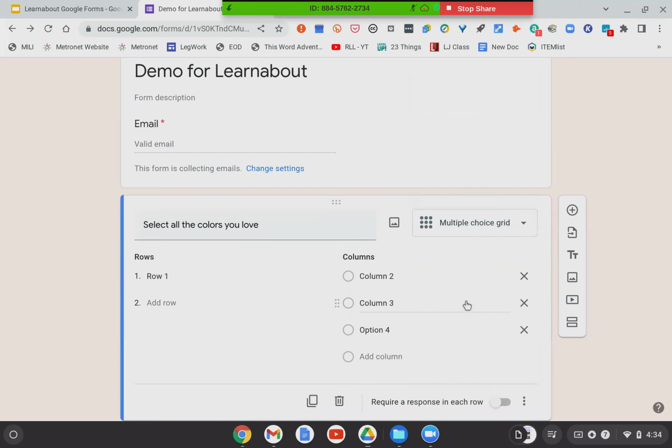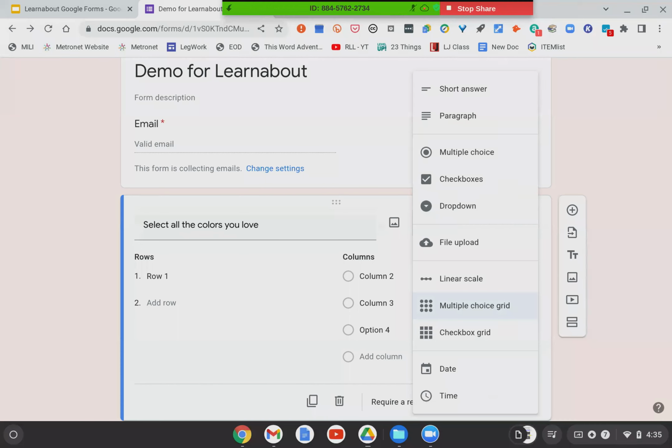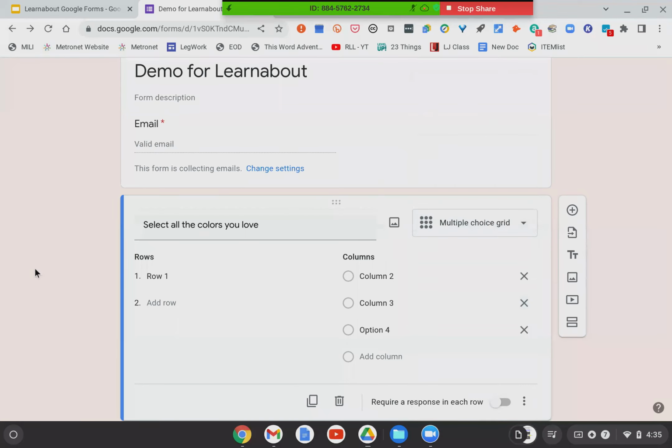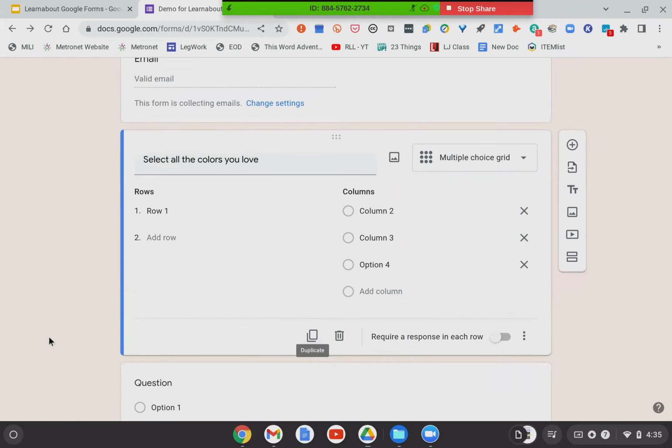Multiple choice grid. So if you want them to select from multiple rows or columns, I mean, you all know what a grid looks like. You can do that. So you can make these more complicated than it appears just by looking at it. There is a lot of complexity that is built in, but they come at it in a very straightforward manner. It gives you the ability to create these fairly simply and straightforwardly.